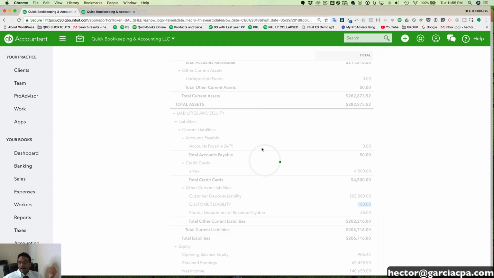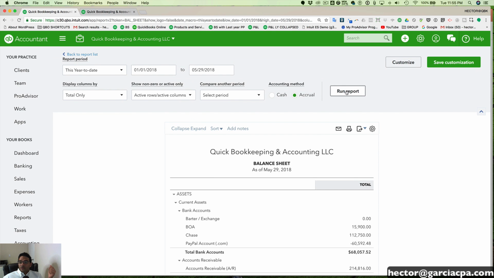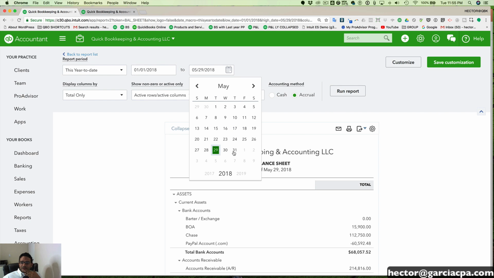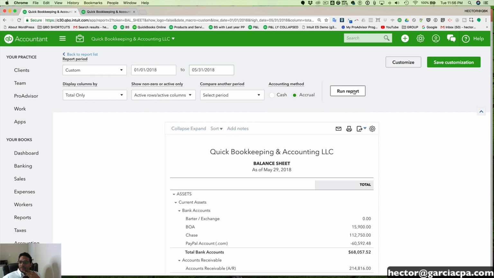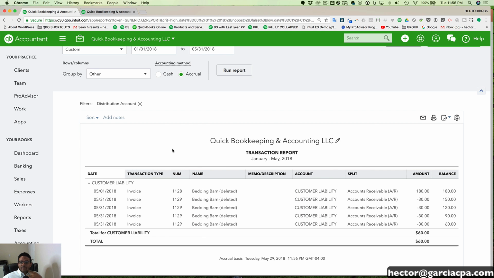Then I can go back to my balance sheet and go back and check and click on Run Report. And then I'll date this on the end of the month because we did that transaction at the end of the month. And then we click on Run Report. And now we should just have a liability of 60. Now, if I actually click on that customer liability number and I group